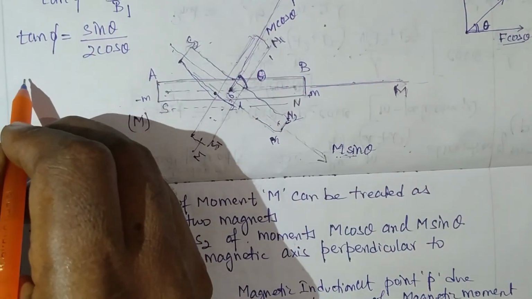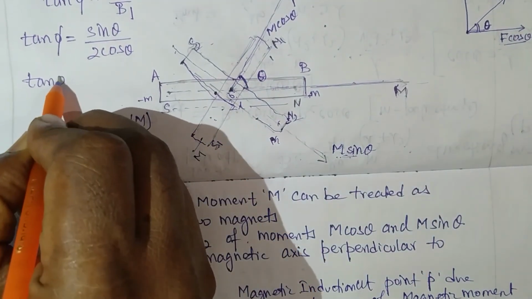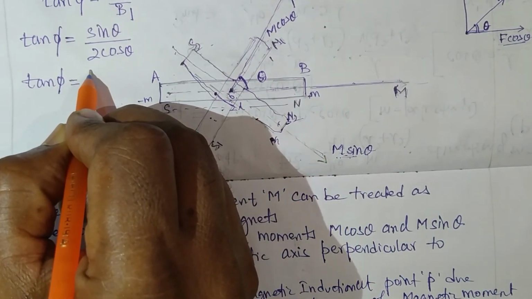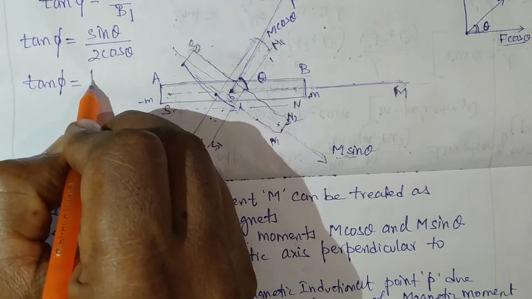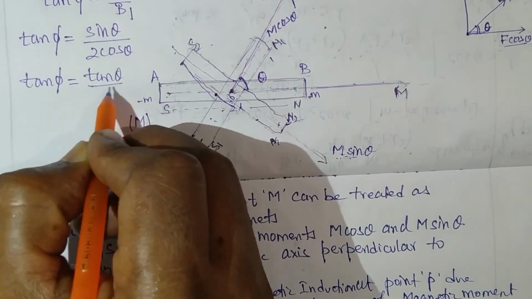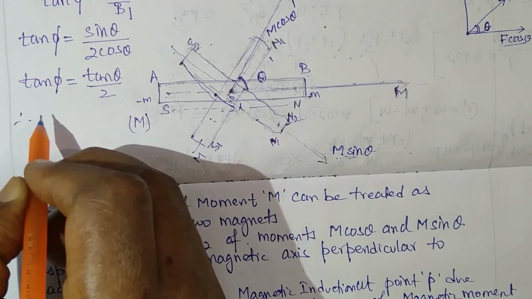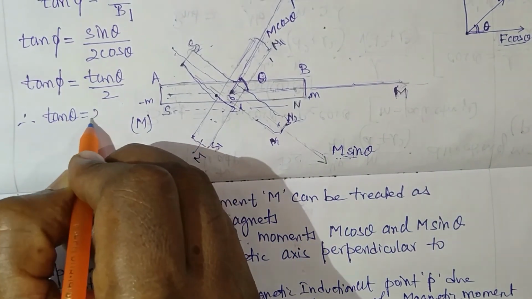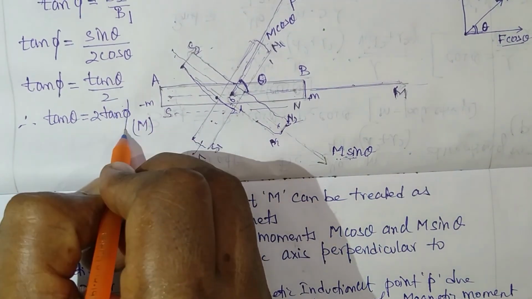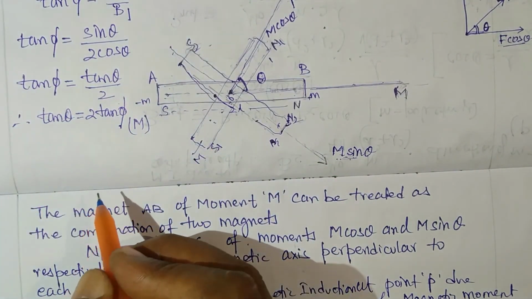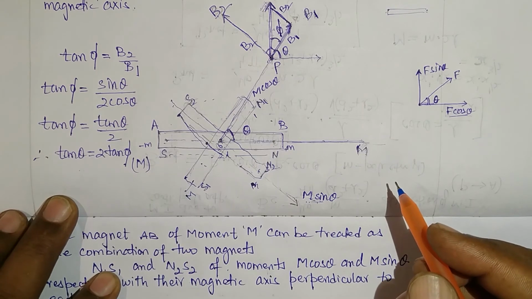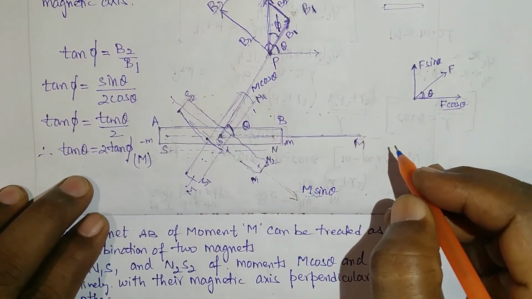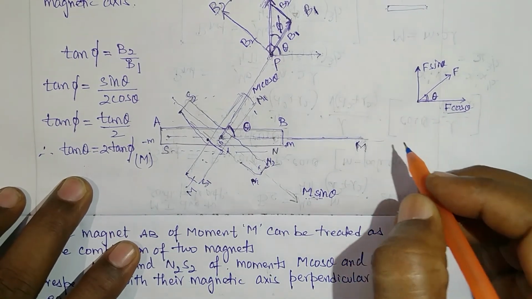What is sin theta by cos theta? It is tan theta. Therefore, tan phi is equal to tan theta by 2. Therefore, we get a relationship as tan theta is equal to 2 tan phi. Understand? Therefore, we derived the formula to calculate the magnetic induction at a point due to a magnetic dipole as